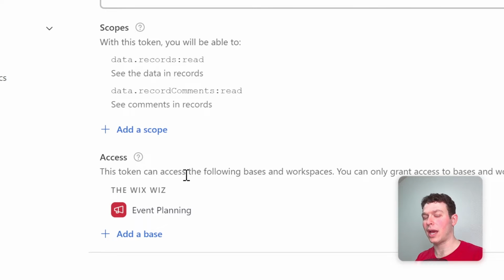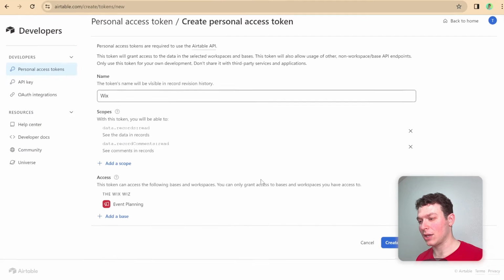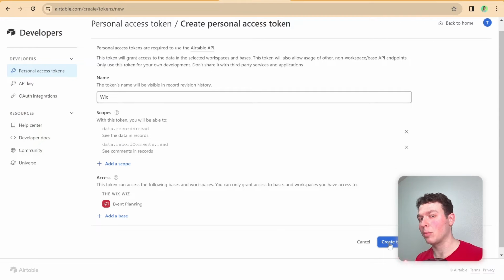For example, if you have certain users or certain people who are only supposed to be able to access certain things or execute certain actions, then you can do that by creating multiple tokens and passing only the relevant tokens in to the relevant functions, or giving the relevant tokens to relevant people, etc. So that's just here in terms of creating the token. And I'm assuming that once I click create token, my token will be created. So I'm going to go ahead and create that and then show you where to put that inside of your